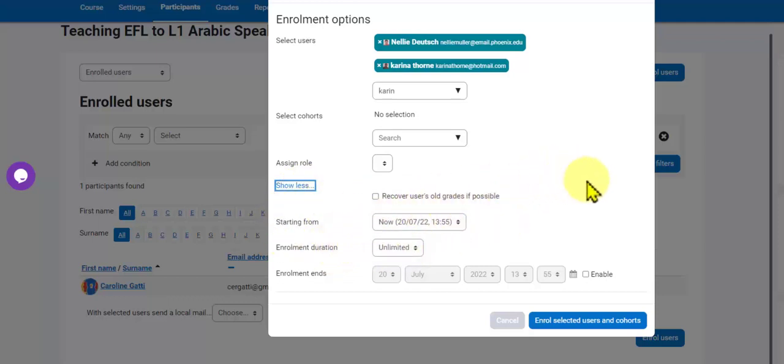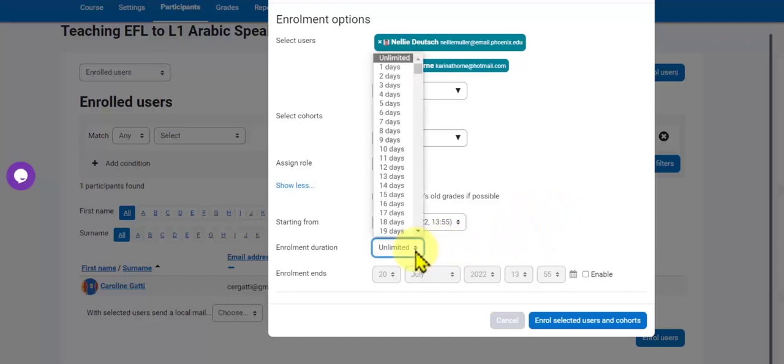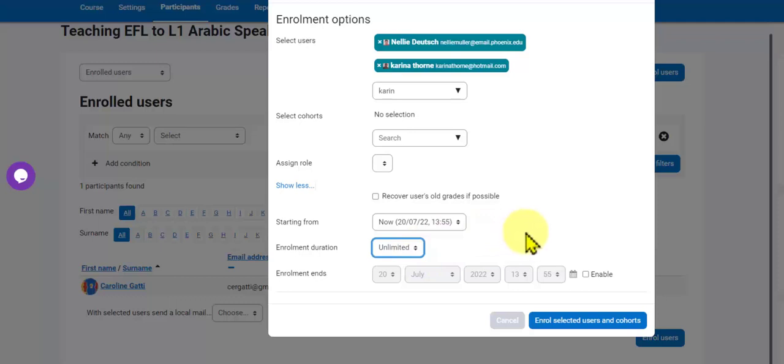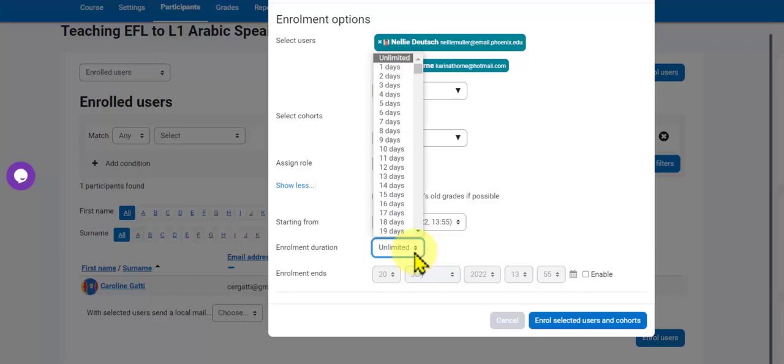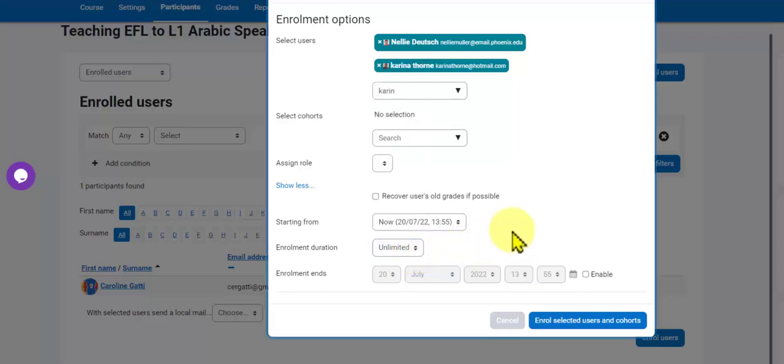Let's assume that both Nellie and Karina have been doing my courses in previous years, or I've done previous segments or terms or semesters or whatever. So I can go and recuperate their old grades. I can set a starting time, and I can actually limit the enrollment phase. I'm going to leave it unlimited right now, but in actual fact, I think I would want to put a deadline on enrollment so that the cohort could work synchronously